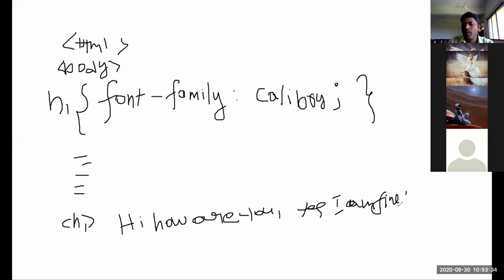H1 will be closed. Then body is closed. HTML is closed.